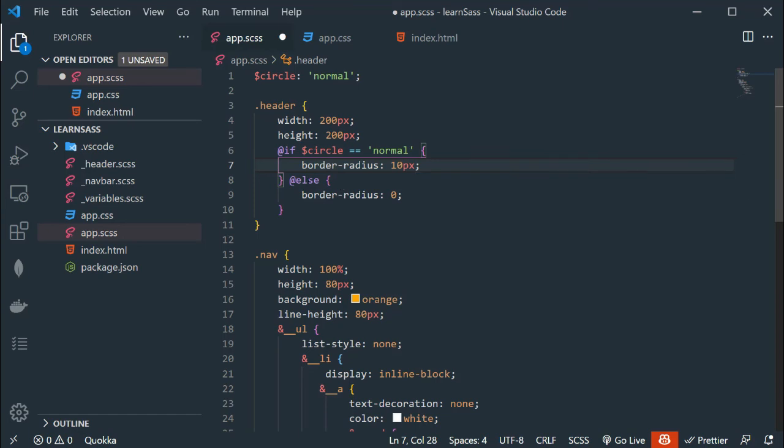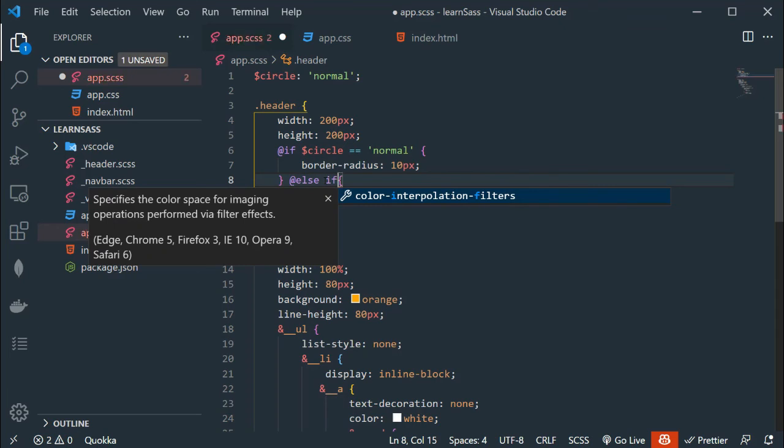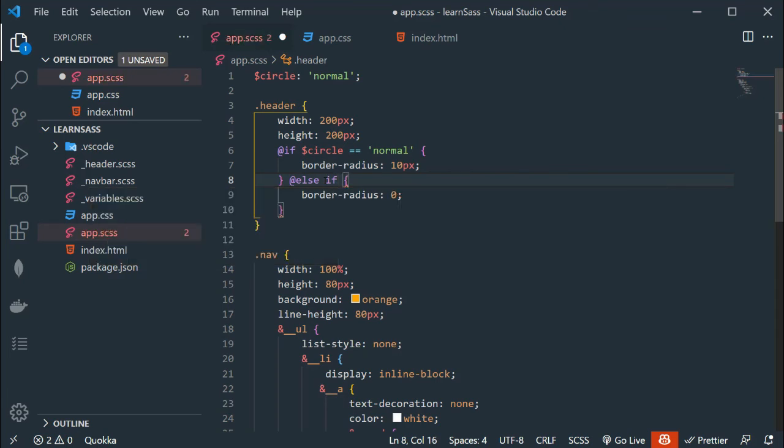Otherwise go to else. In the else statement I am going to add else if. I am going to check another if $circle is equal to radius, then simply use border-radius 50%.